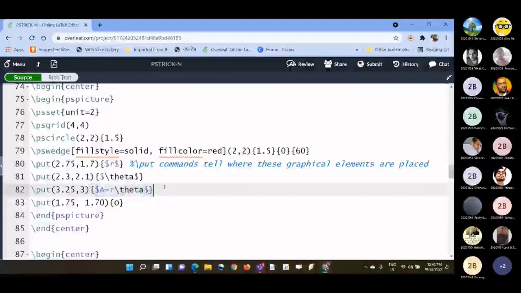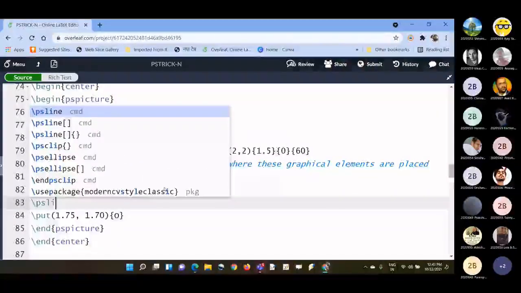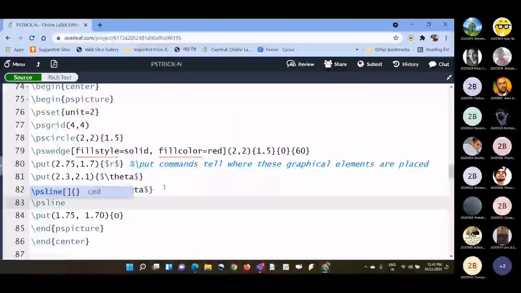So you can make a line like this, backslash ps line, from some point to another point.